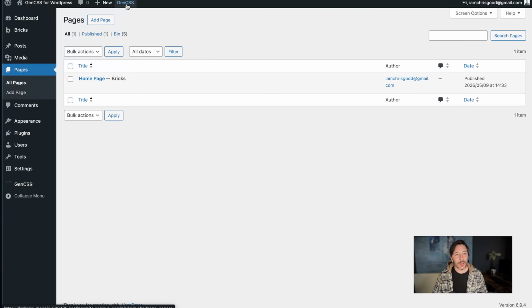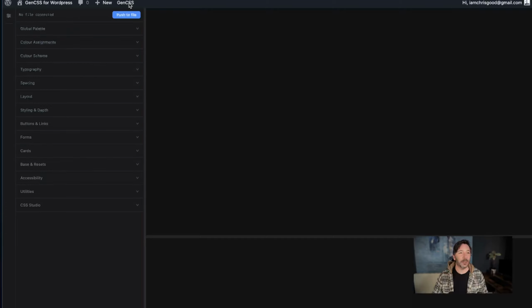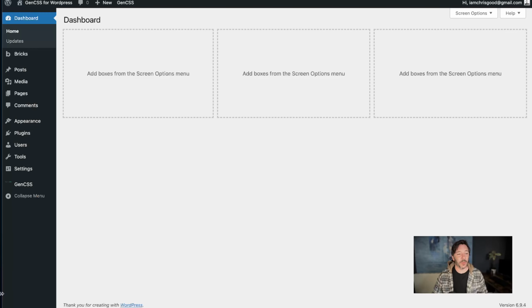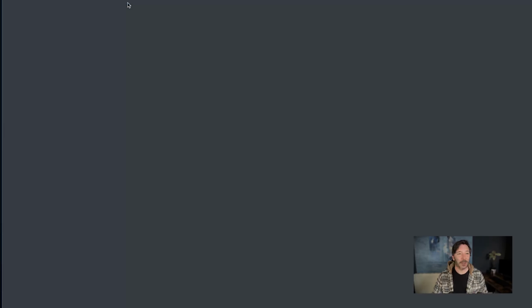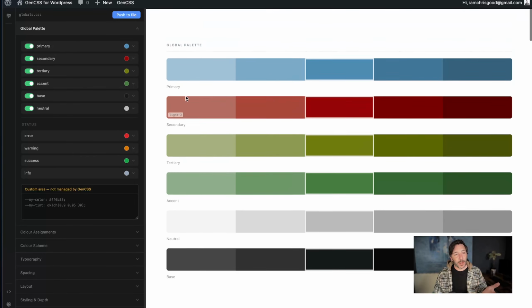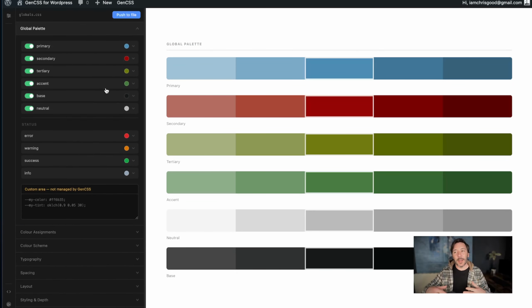Cool. Or we could click up here for Gen CSS. So click on that one. Down here, you actually have a return to the dashboard icon, so I could have clicked that just then. Right, so this is Gen CSS in WordPress. Very much the experience that you get if you're using Gen CSS, the desktop app, which is where